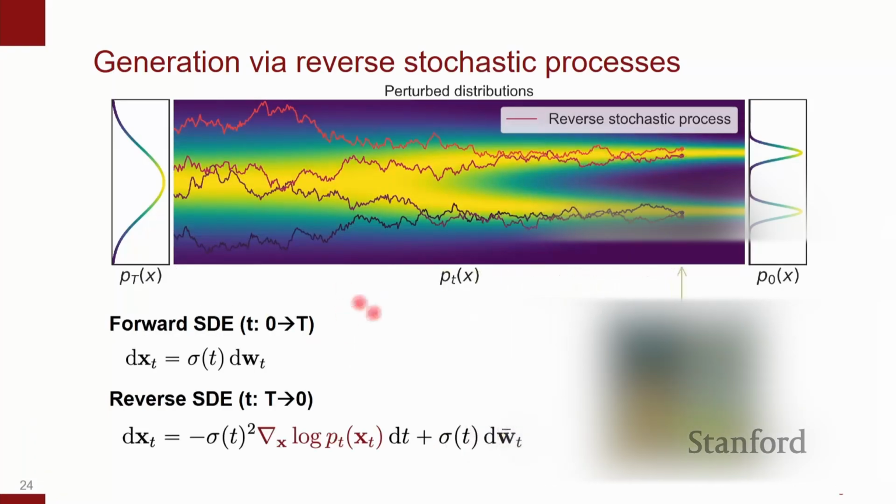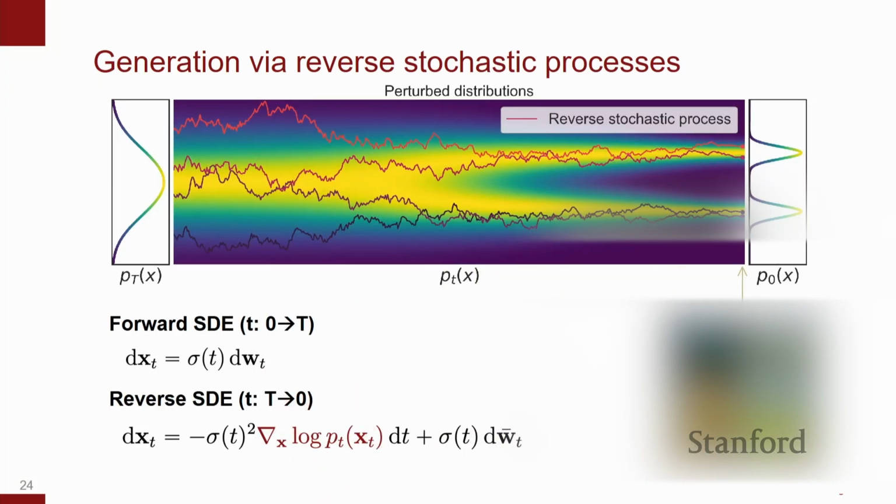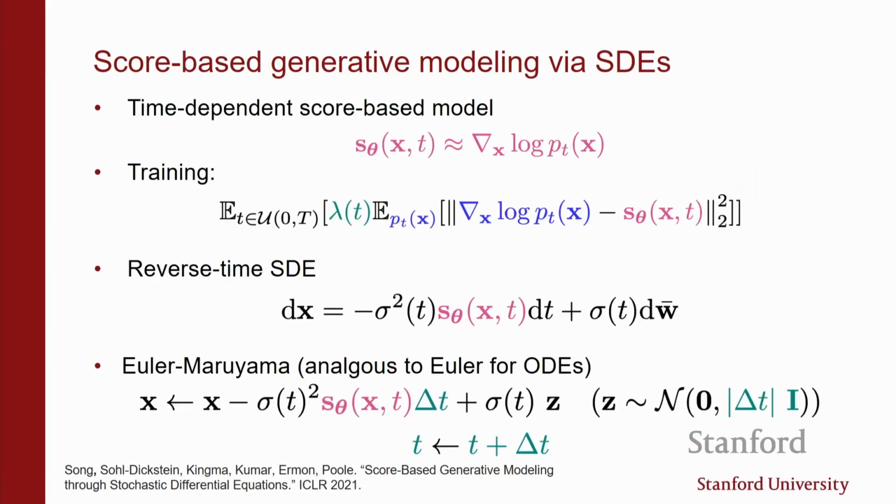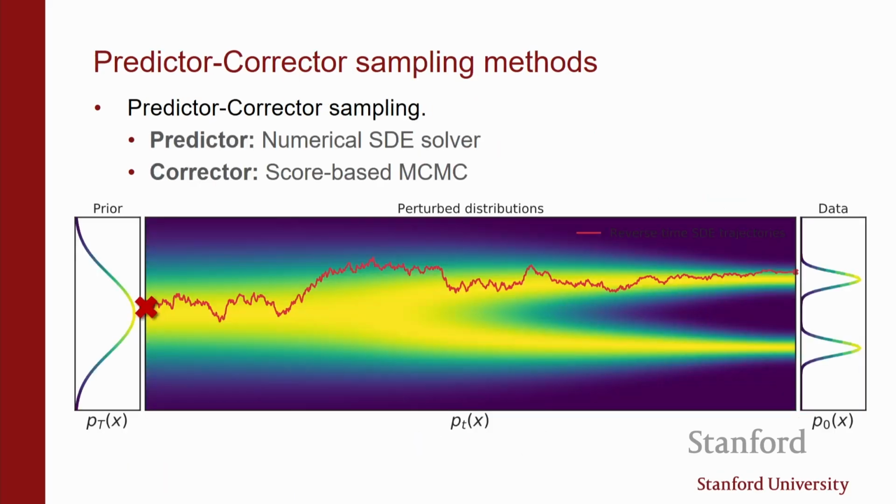So we had this differential equation, which involves the true score. And now we are approximating that with our score model. In practice, we cannot solve this in continuous time. You will still have to discretize it by taking small steps. There are numerical solvers that you can use to solve a stochastic differential equation, and they all have the same flavor: you update your x by following the score and then adding a little bit of noise at every step. If you were to take 1,000 different steps,